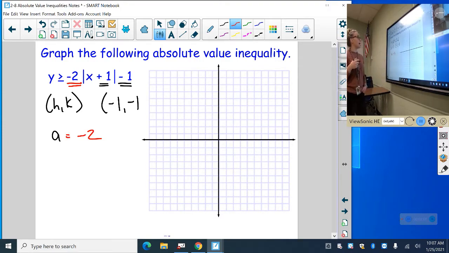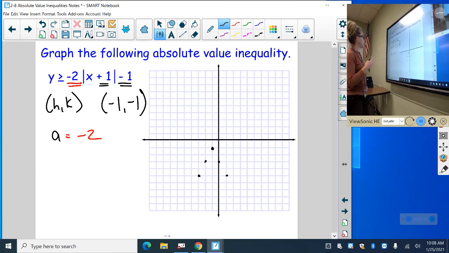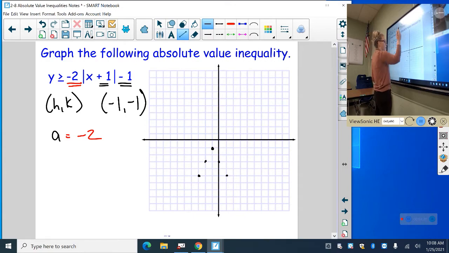Okay, so I'm going to start at my vertex, or my HK. -1, -1 starts right here, and I'm going to have a -2 slope, meaning I'm going to go down 2 over 1. So down 2 over 1, down 2 over 1, down 2 over 1. Looks like this. Now, before you draw your line, or before you pick what type of line, you have to make sure you look at your symbol. Since it's greater than or equal to, that means I'm using a solid line, so I'm fine. Okay, so I'm going to use that solid line for both of these because it is included in the actual